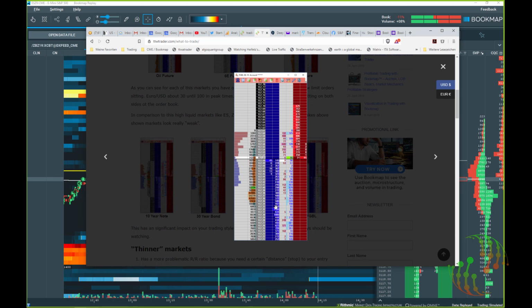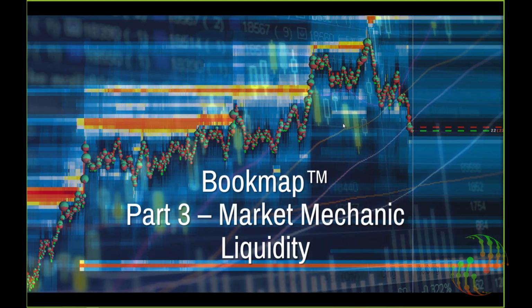Or try other products. You are not forced to trade ES. You are not forced to trade the Bund or the Treasuries. Use other products which are maybe interesting as well, or very interesting. Because if they are trading in one direction, then this direction goes on and on, so it is much easier to manage your trade then. This is what I wanted to say to the limit order book and yesterday's discussion.